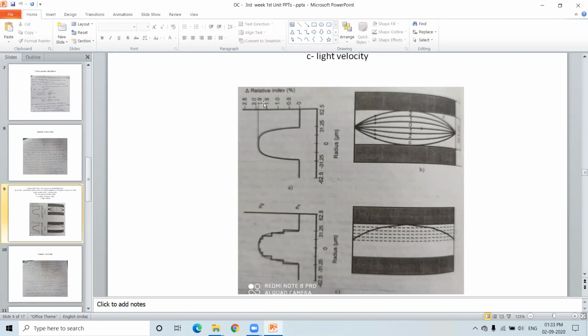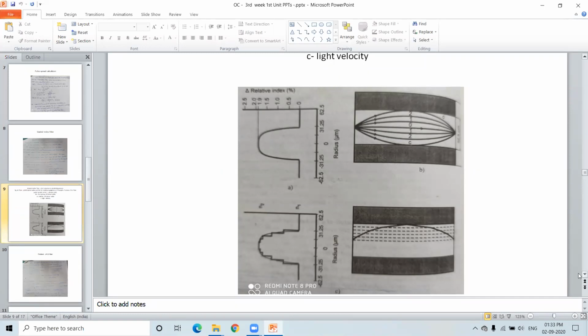In the problem, the relative refractive index will be given in terms of percentages. If it is 1%, it is nothing but 0.01, the delta you have to consider. If it is 0.05%, it is going to be 0.005 as the relative refractive index. So like that we have to consider it. The relative refractive index is given in percentages, and it is in fact related to the numerical aperture. So this is the physical layer structure. Layers are present here, and this is how the modes travel inside the gradient index fiber.